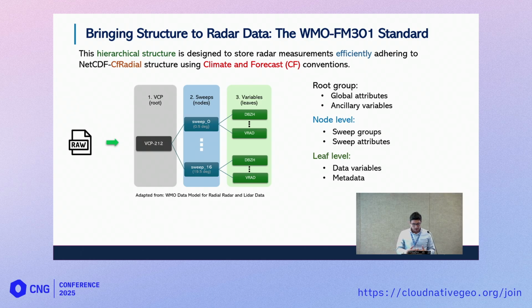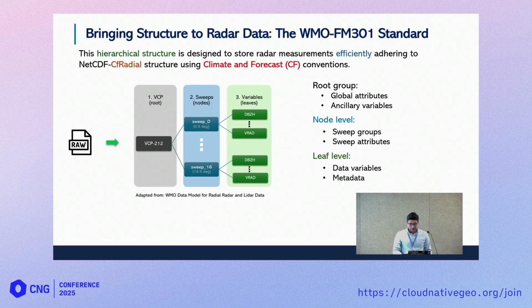This hierarchical model structures the data in three levels, as you are seeing in this picture. At the root level, we have the global attributes and the ancillary variables. At the node level, we have the sweep measurements with sweep-level metadata or attributes. And at the leaf level, we have data variables, the actual radar measurements, radar reflectivity, radial velocity,